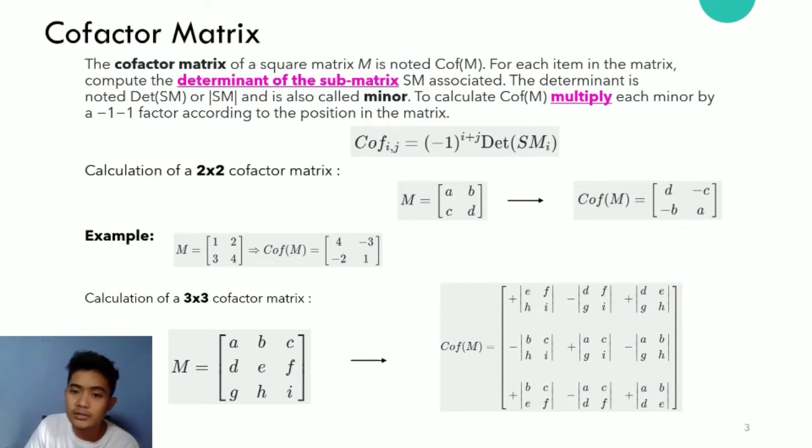The calculation of a 2 times 2 cofactor matrix is: M equals A, B, C, and D, and becomes cof M equals D, minus C, minus B, and A. Example: if M is 1, 3, and 2, 4, cof M becomes 4, minus 2, and then minus 3, and 1. The calculation of a 3 times 3 cofactor matrix is the same as the 2 times 2 cofactor matrix, and if M